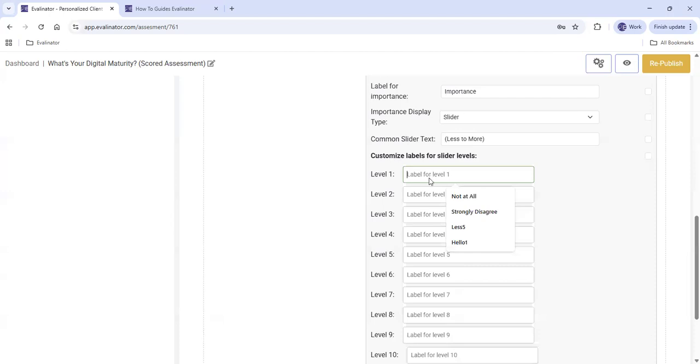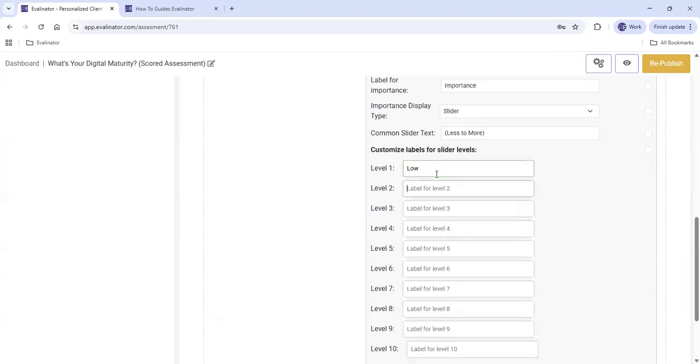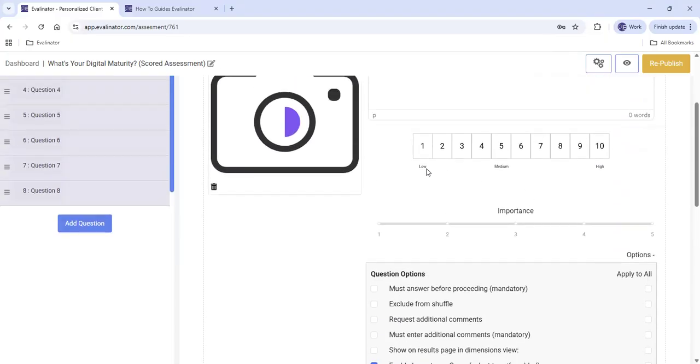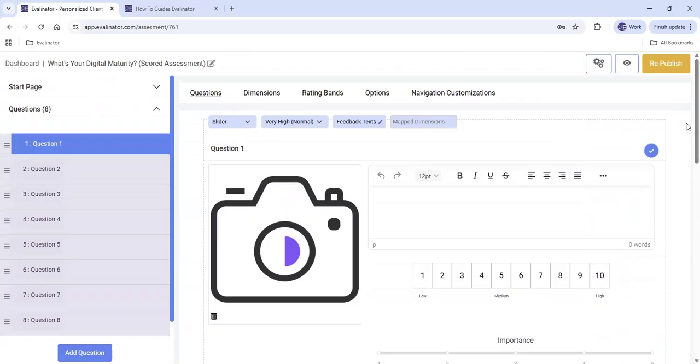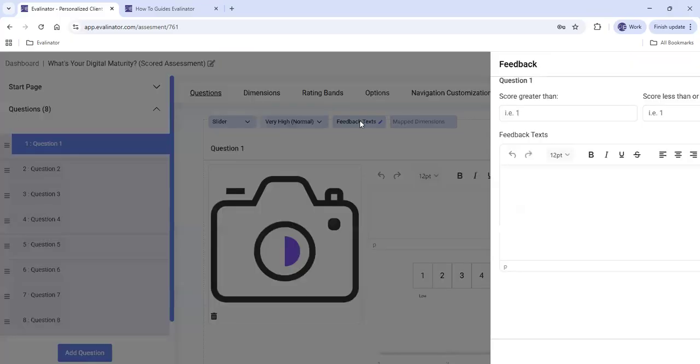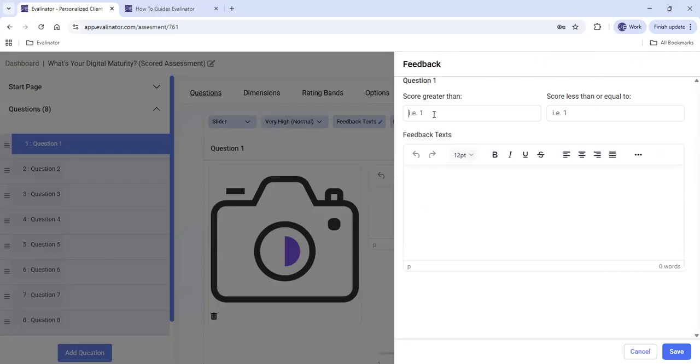So in this case, we had a standard. Instead of that, we want to show them, you know, low, medium, high, for example. So here they would now see low, medium, and high. So this is how you would customize your set questions. You can also set up feedback text for each question. So in this case it was a slider question, and you can say if somebody scores greater than 0 but less than 5, I want to show them this feedback. So custom feedback